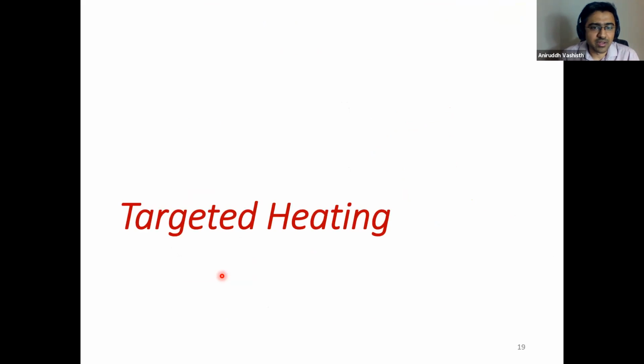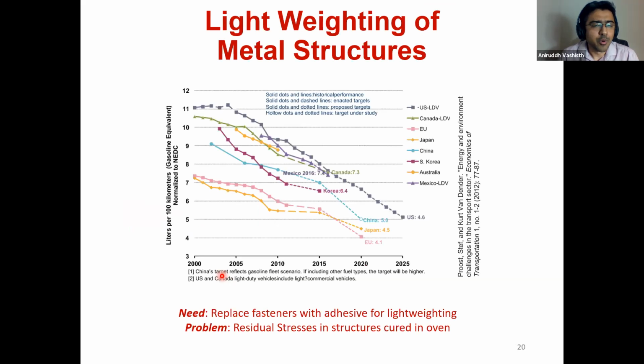So next, I'll talk about targeted heating. Most of this work on targeted heating was funded by DuPont. DuPont were really interested in lightweighting of metal structures or composite structures. And for them, one of the strategies to do that is by reducing the amount of metal that they have